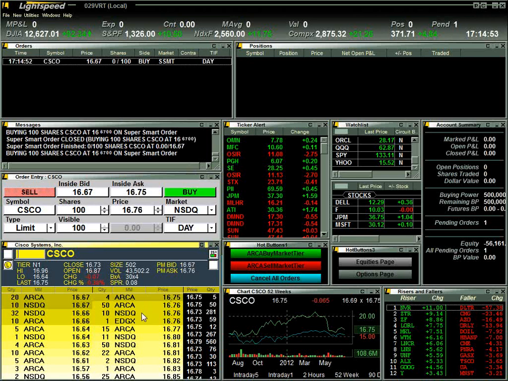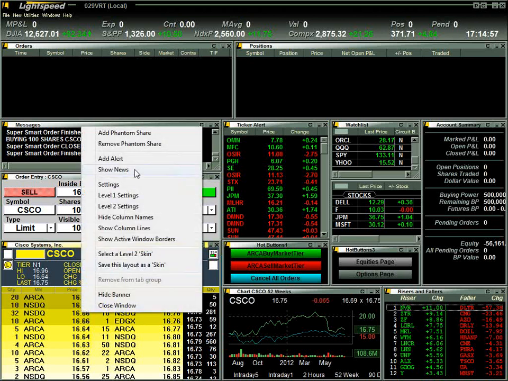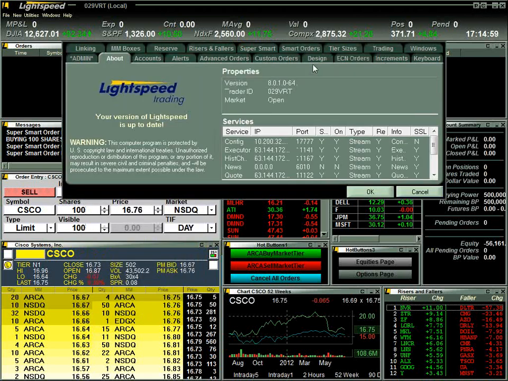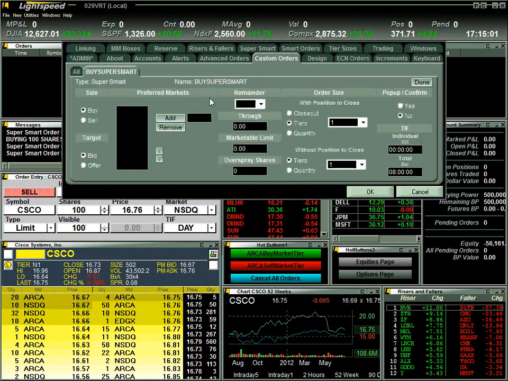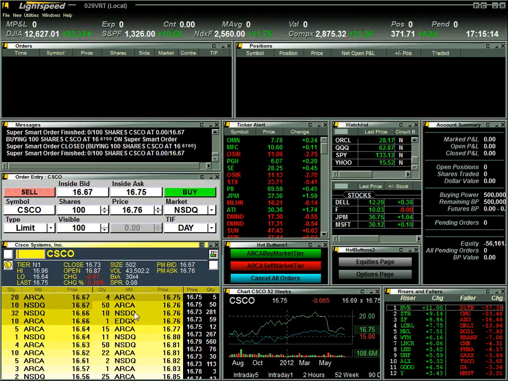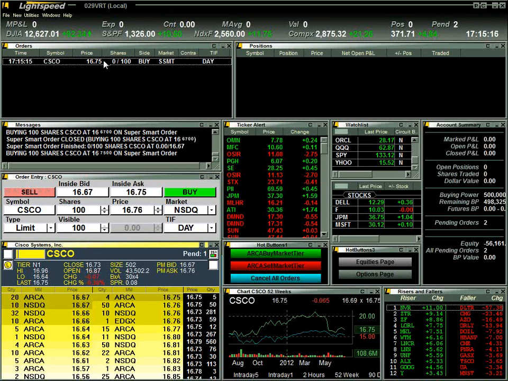Let's see. I have it set up here. I must have had this set up wrong. Let me just check one thing. I chose the target as the bid, so I was going in at the bid price here. I'll change it to the offer, and you'll see now as I hit Shift W, it goes in at 75